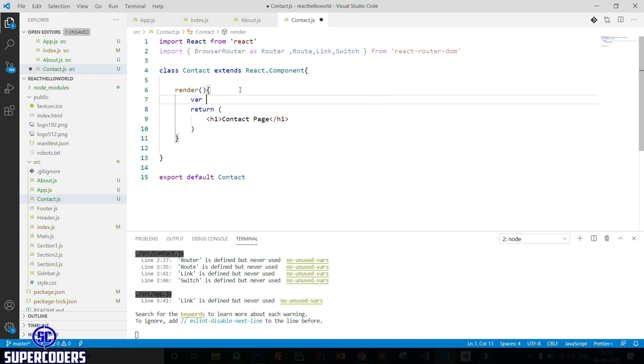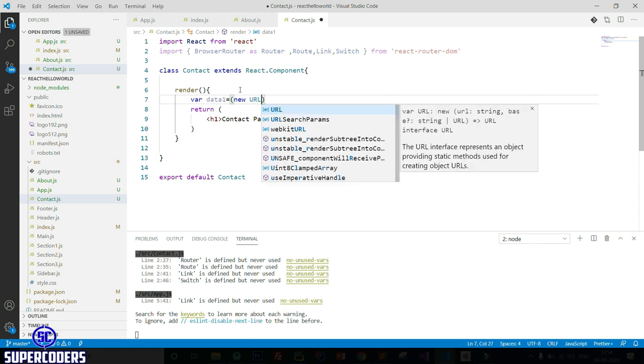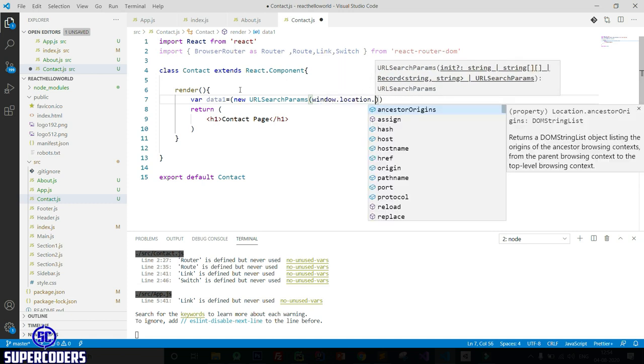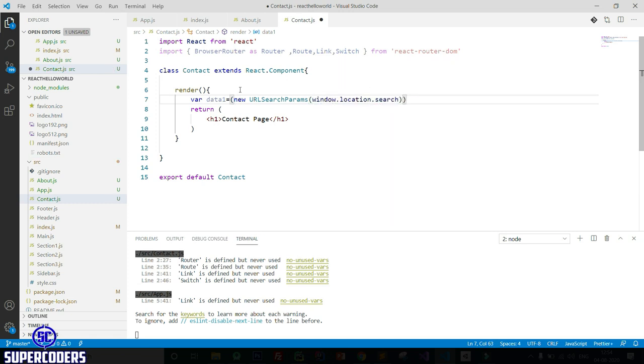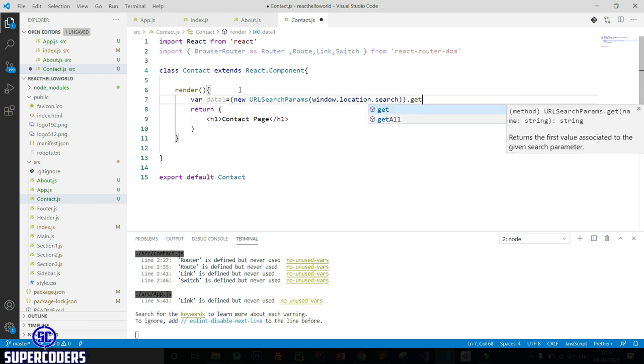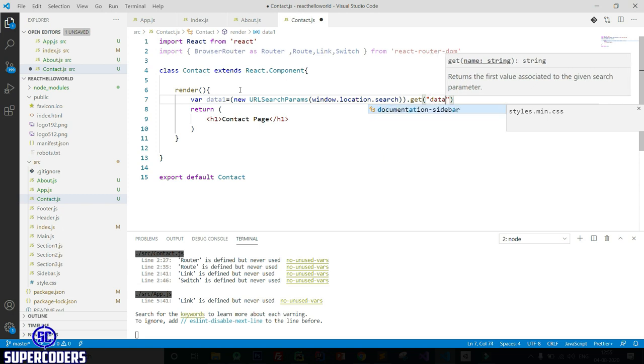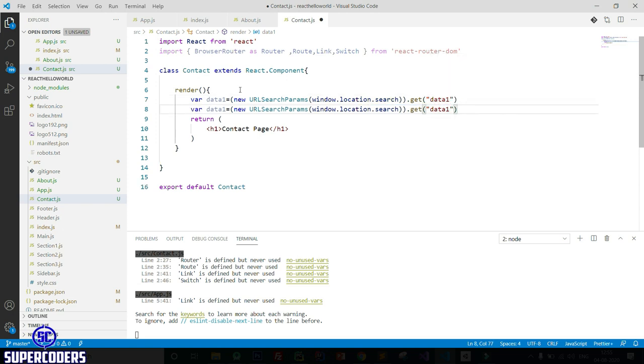So declaring a variable where data1 equal to new URLSearchParams, then parenthesis, then window.location.search, then .get, and pass the key name. So I am accessing only data1 and data2.